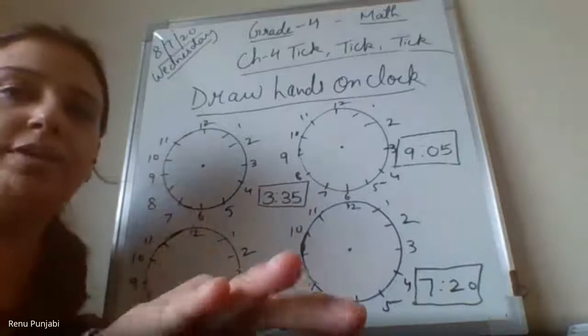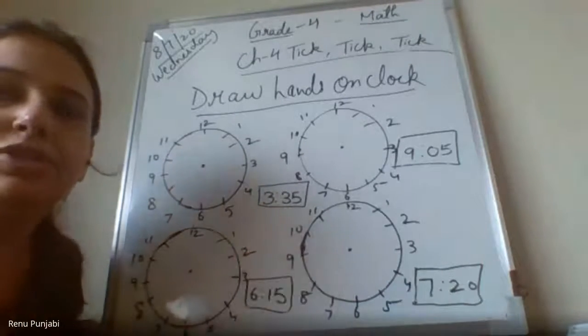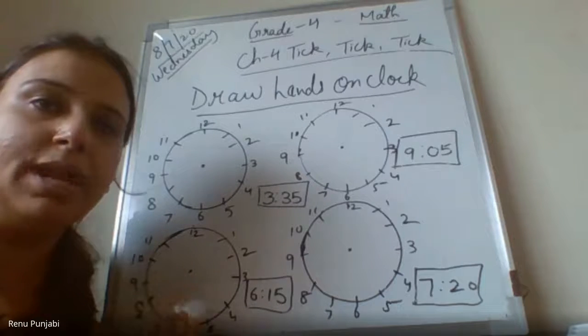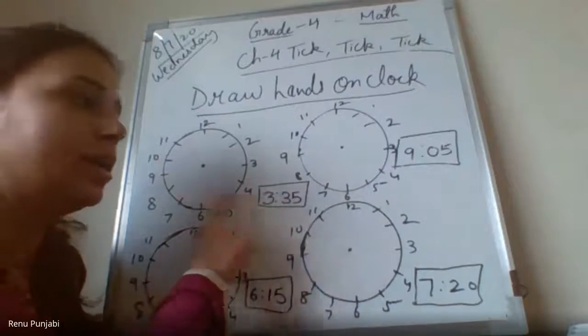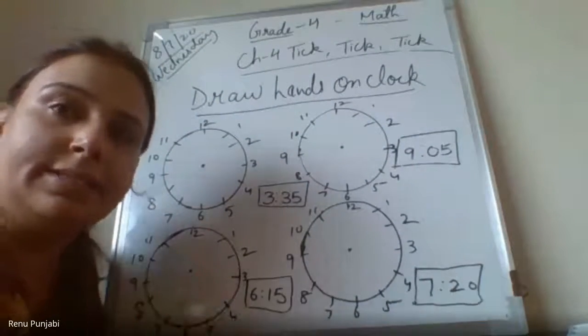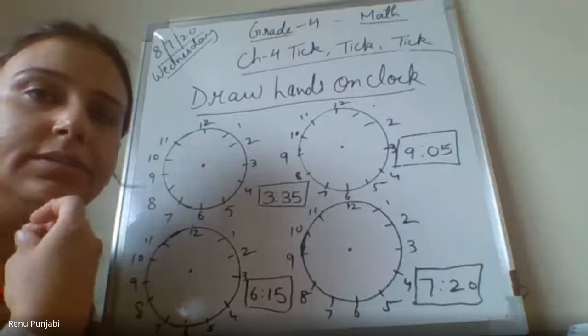Ekansh Jain, stop presenting. In the first clock you have to show 3:35. So please write the time, because after the class, this is your home task. You have to draw 4 clocks in your notebook on one page. Write today's date, write topic. Children, please switch off your microphone and listen to me.